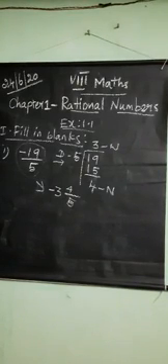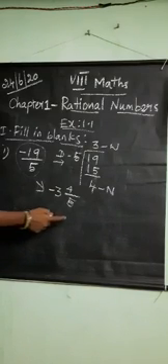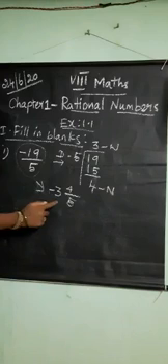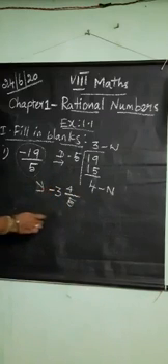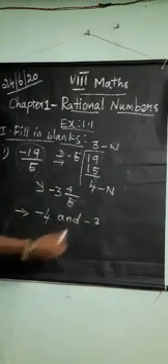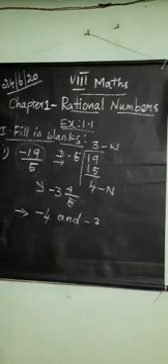What is it, lies between the integers dash and dash. So this number is greater than minus 4 and less than minus 3. So this number lies between minus 4 and minus 3. Are you clear?